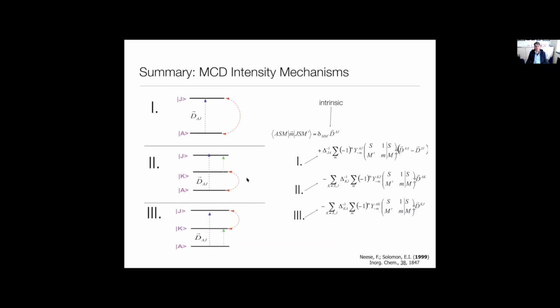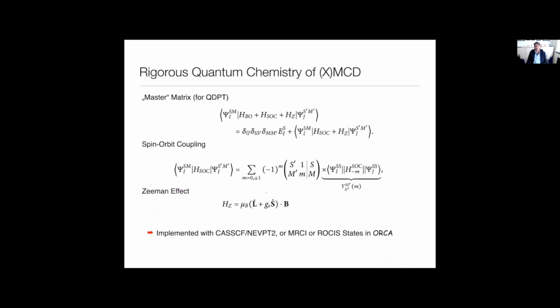That often gives MCD of just one side. There's the other coupling mechanism where the intermediate state spin orbit couples to the final state, that always gives a pair of excited states that have MCD of opposite sign. That's relatively easy to prove. And so these are the main mechanisms in terms of spin orbit coupling that are operative. And in principle, you can approach, of course, the MCD in a very brute force way by setting up a master matrix that contains many particle wave functions I and J that you generate from any of these methods that I've mentioned, be it RASCI or ROCIS or CASSCF NEVPT2 or MRCI.